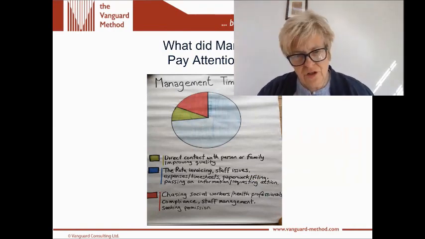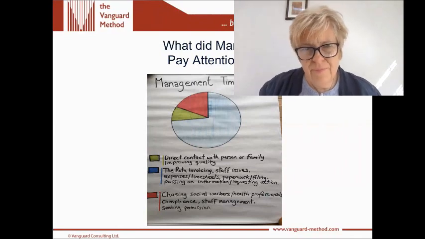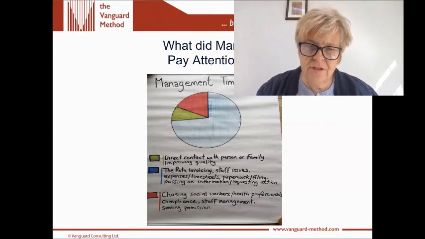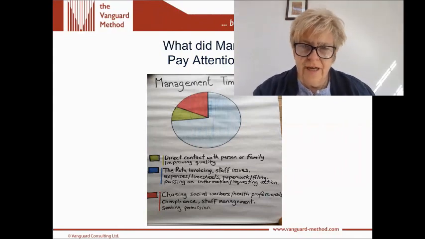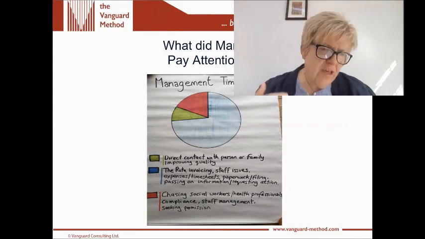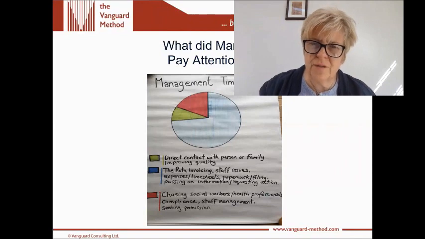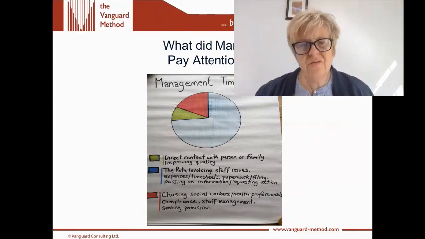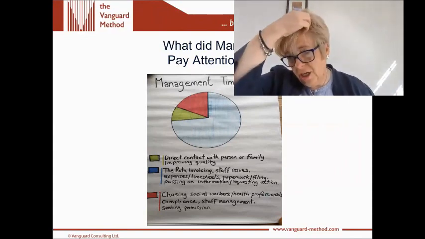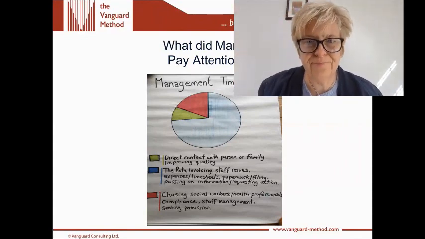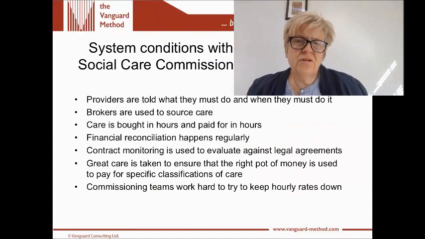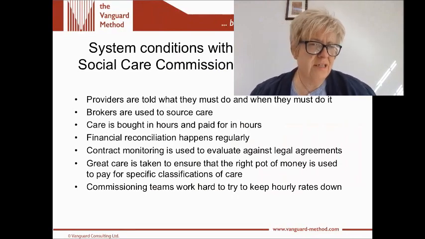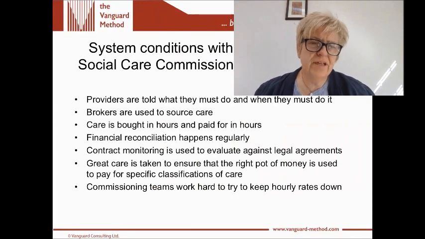So really interesting piece of data, again validated in many other people-centred services. Those of you who've studied social care will know and be familiar with 80% of the time of social work is spent on paperwork, filling in forms, etc. The question is, how do we change this and challenge it? Because we really do need to. So the system conditions within health and social care commissioning in Gwynedd were as listed. Again, things that will be familiar to you, I'm sure.